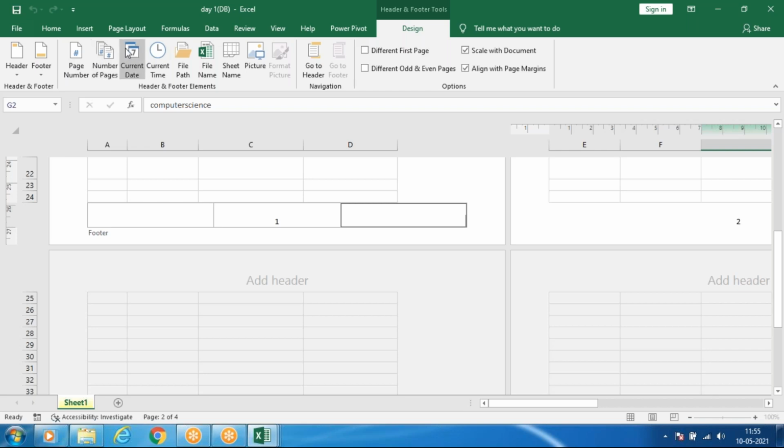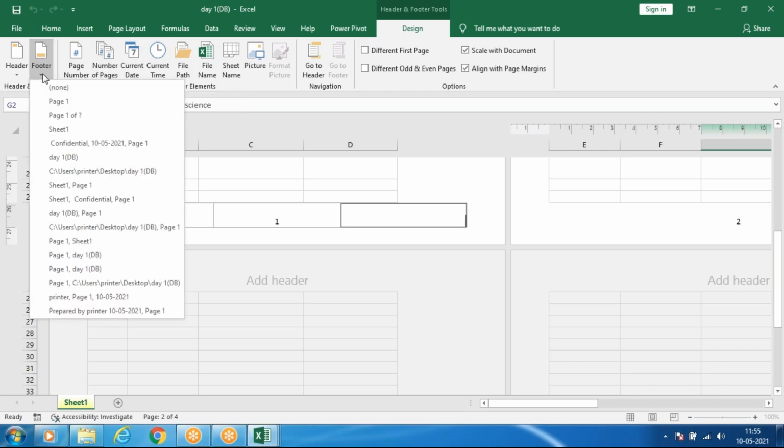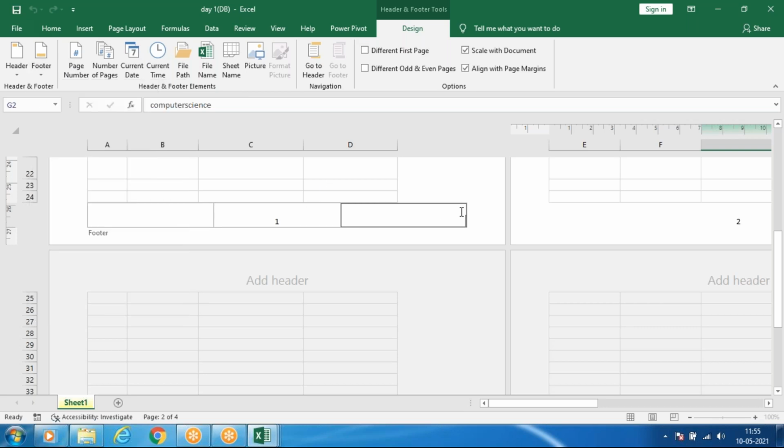And if you want the date or whatever you want in this, or you can type manually what you want in all the pages.